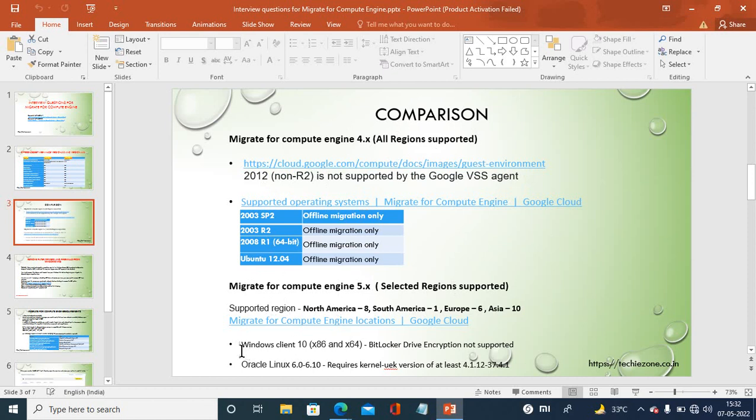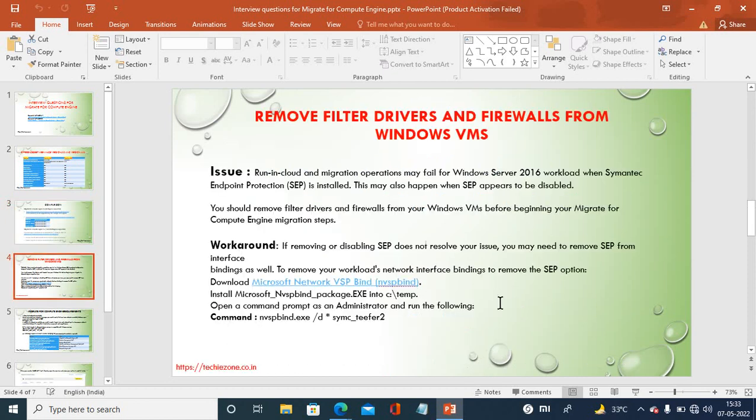And in 5.x, BitLocker drive encryption is not supported on the Windows 10 client, and Oracle 6.0 to 6.10 requires kernel UEK version 4.1.12 as the minimum requirement. Also, the next issue which we face here is that